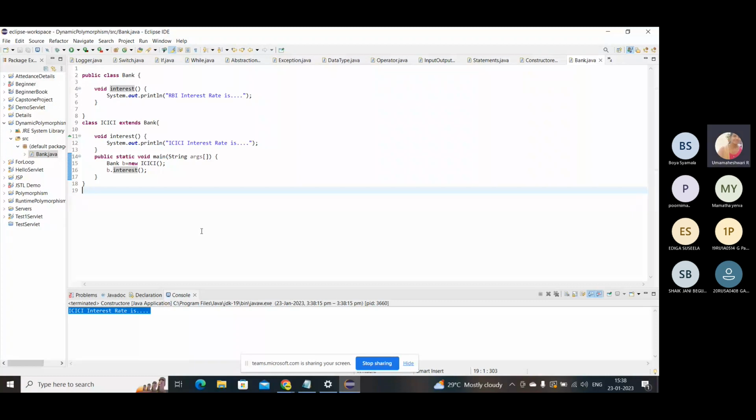So you will not be getting any error. Your output will get printed. And then again, if you want to create one more example,